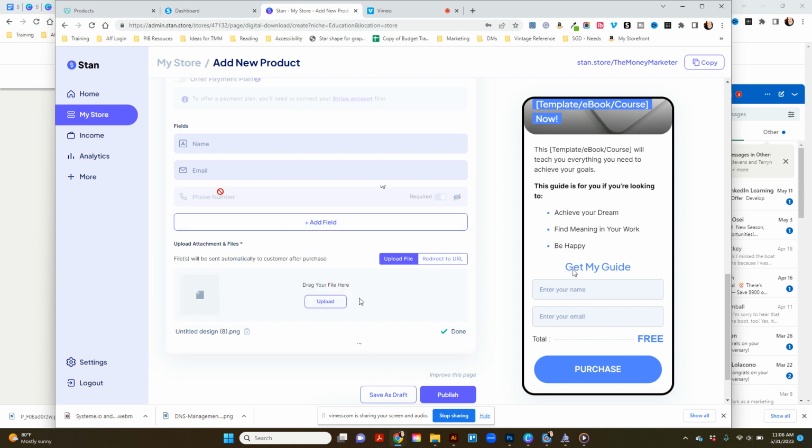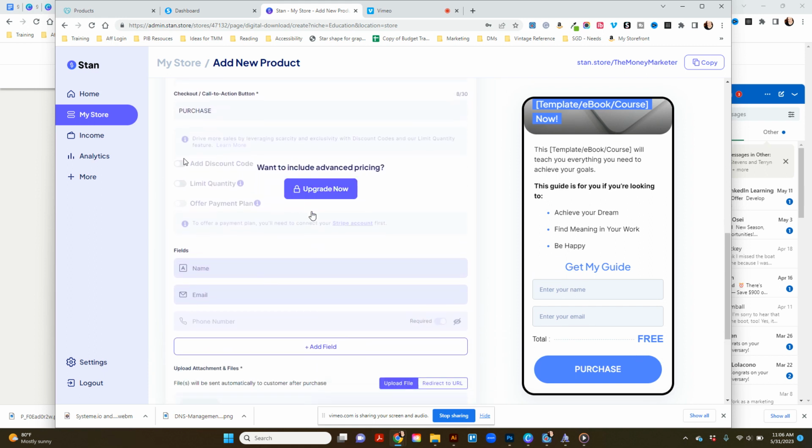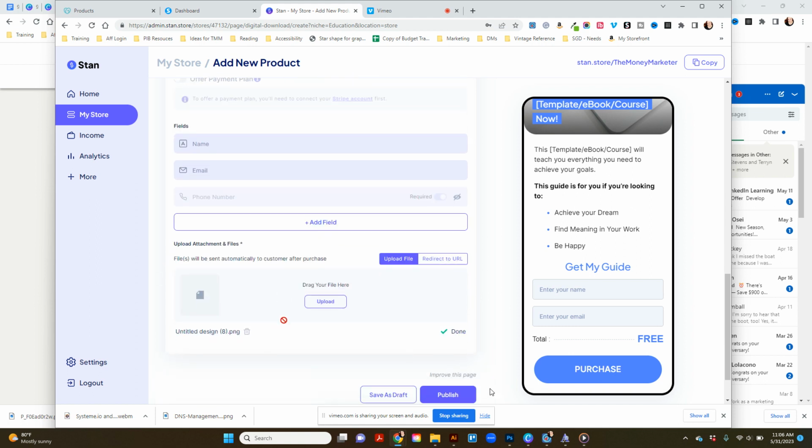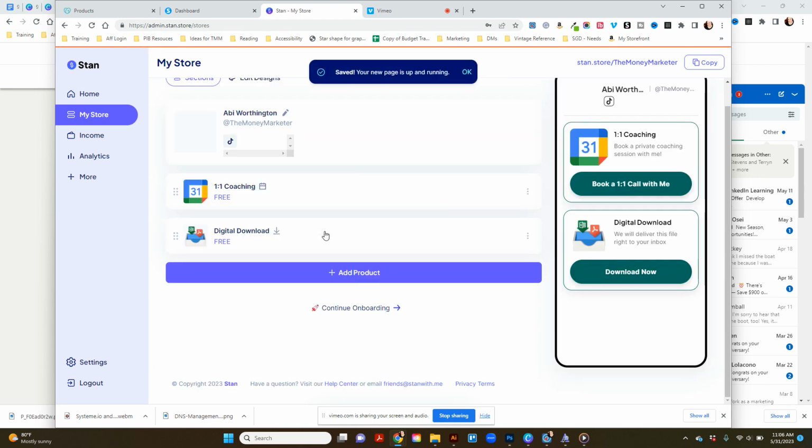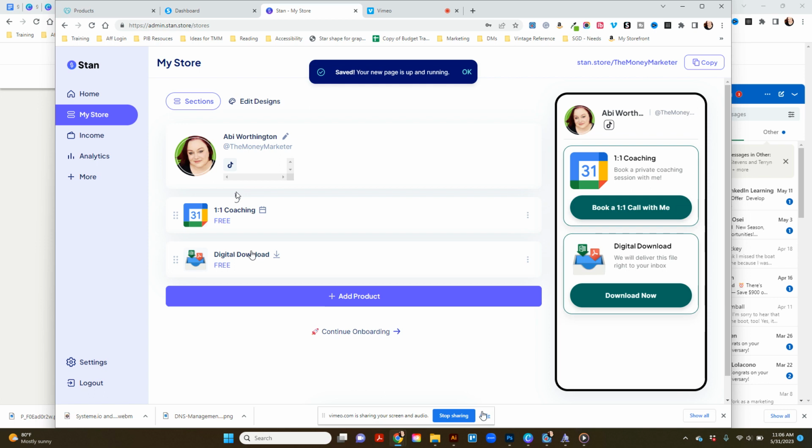I'm going to publish this as free because I don't have my Stripe and my PayPal set up. But I'll hit publish, and you can see it adds here. Now there are differences between